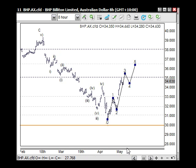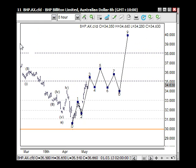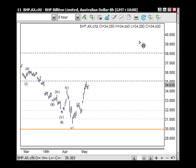So if we get that 5 wave structure there, as I've mentioned before, then we know that we've got a much larger bullish pattern occurring. So then we would see an A and a B and a C across here, and then we would see further upside through there. This distance here would be the same as this distance here, if not longer, if it was going to be a stronger pattern. So there is a lot at stake here, and it's just a matter of working out